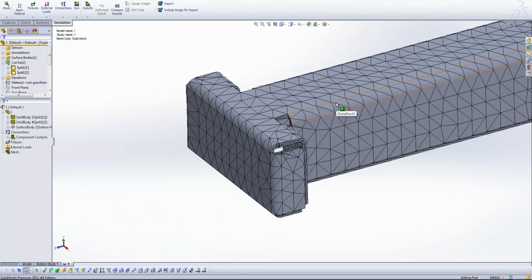So we can refine our mesh and make sure that we're getting enough elements through the thickness and getting a good through thickness stress result without actually having to bring our mesh size down to half the thickness, because as you can imagine, that's going to make our mesh elements really small. So this is one way that we can start to converge on results without jumping straight in at an incredibly fine mesh level. Okay, that's just a few quick tips for setting up your mesh on sheet metal components in